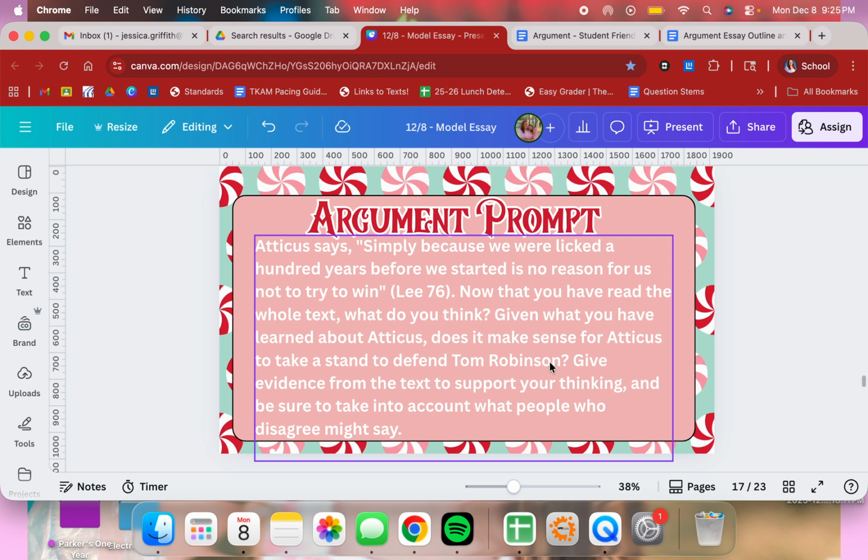So when we're thinking about why or why not, I want you to use that character chart, those posters that we created that are hung up on the wall. So think of Atticus as a person, just like how they used Ms. DeBose's character traits of high expectations and courage. You're going to use character traits for Atticus to argue that he should have taken a stand to defend Tom Robinson. So you can use those posters, and you can also use the papers that you used to plan out those posters.